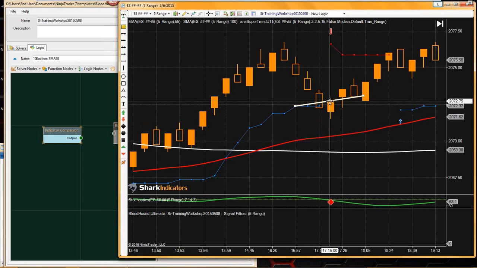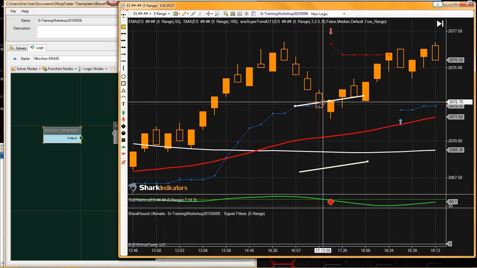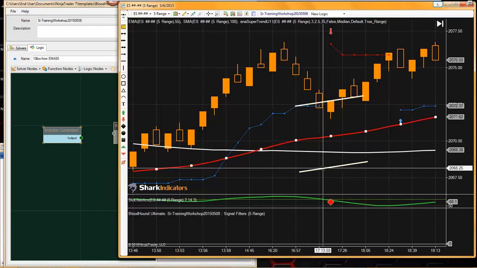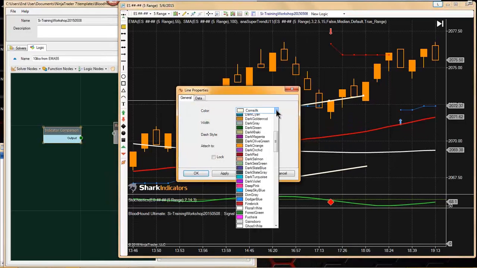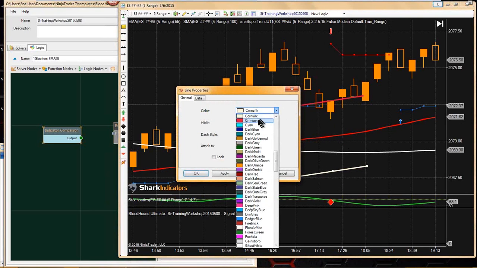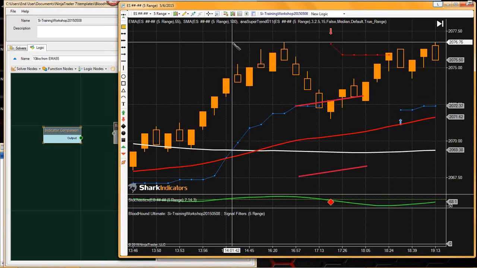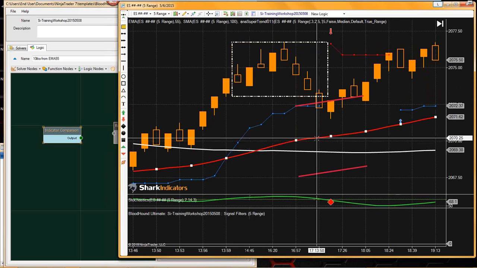Alright, so this line is approximately, this line's approximately 10 ticks away from our EMA 55. So both of these white lines here. So maybe I should set them red. Okay, there we go. So what Steph is wanting to see is that if price is above our moving average,